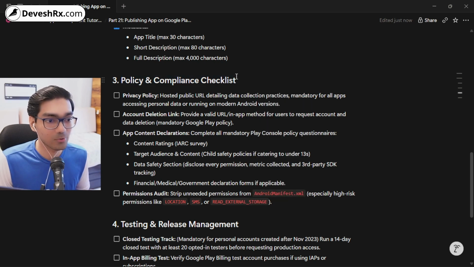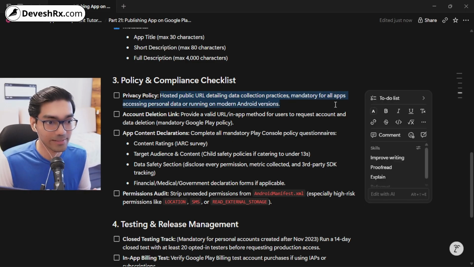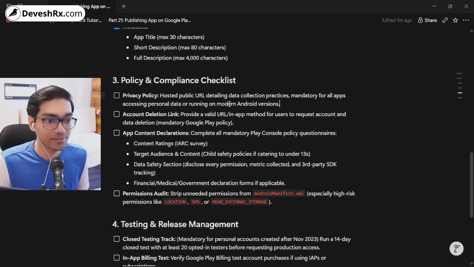Keep in mind that Google Play Store policies keep changing each and every year and each and every quarter. So you have to keep yourself up to date with all the policies. So first is the privacy policy. Host a public URL detailing all the data collection practices, mandatory for all applications accessing personal data or running on modern Android versions. So basically what you have to do is create a privacy policy and upload it on your